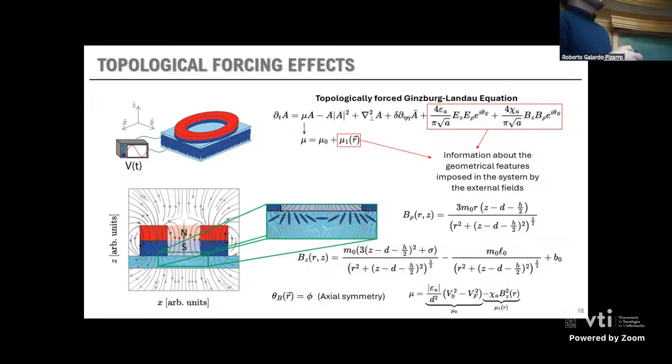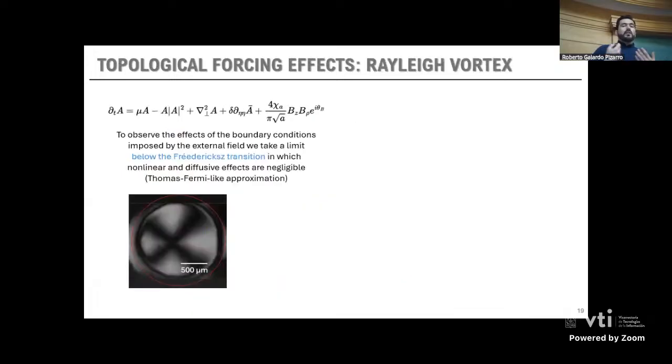Also, we will have that the mu parameter, in this case, will be separated by a factor mu sub 0 that will tell us if we are below or above the Fréedericksz transition, and a factor mu1 that will tell us how, in different points of the cell, the magnetic field is reorienting the molecules in the system. So the idea is that if we use this magnetic field, for example, we can